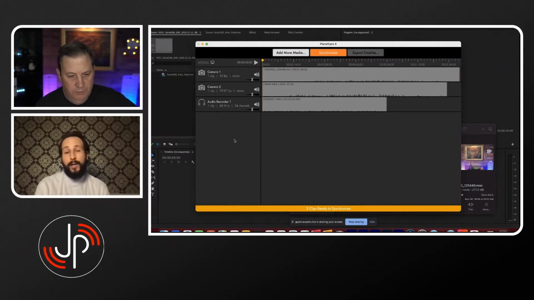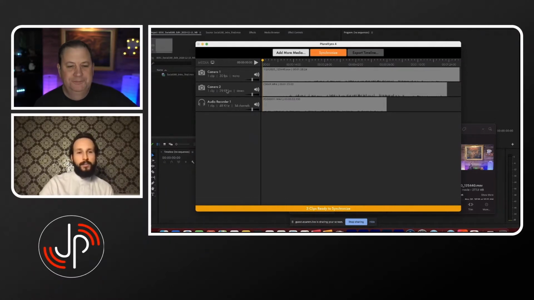Basically, what would happen if you had mixed frame rates is you're going to have to adjust one of the cameras to match the frame rate that you ultimately are working in. So you're either going to have to add frames to the 24 frame per second footage to get it to 30, or you have to take frames out of 30 to get it down to 24. And either way, it's not the best experience, and some of your footage is going to be affected. But luckily here, one piece of footage is 29.97, the other is 30, but these are basically just variations of the same frame rate. It's super, super close, so we're not going to have any problem synchronizing this footage.